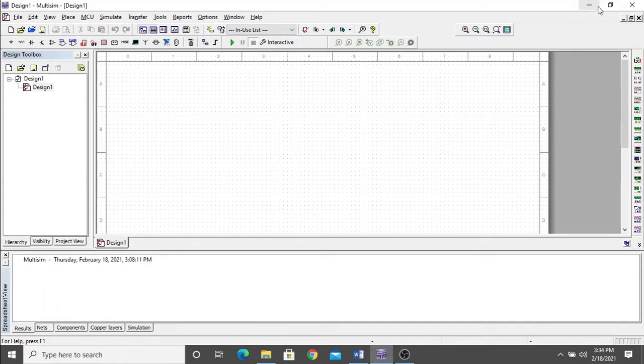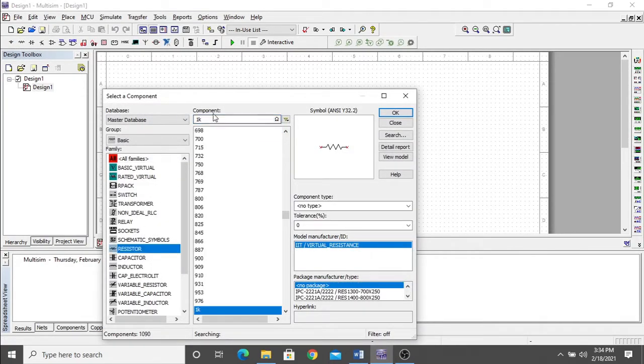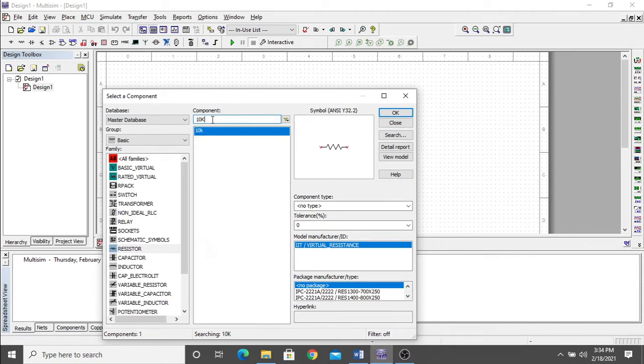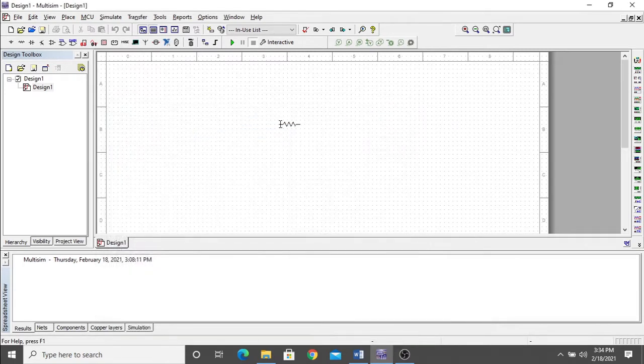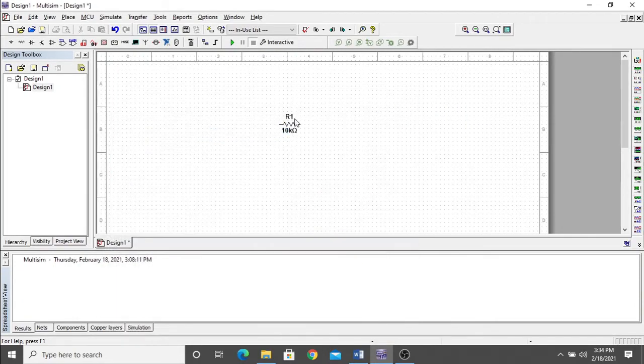So this is the main panel of Multisim, in which we are going to design a basic circuit to charge the capacitor. So we require a resistor and a capacitor. For this purpose, we are assuming some values. First, we are going to take a resistor from here, and take it as 10 kilo ohm, place it here. So actually you can open this from here. As you can see, place sources.